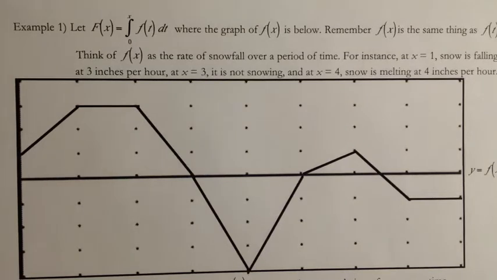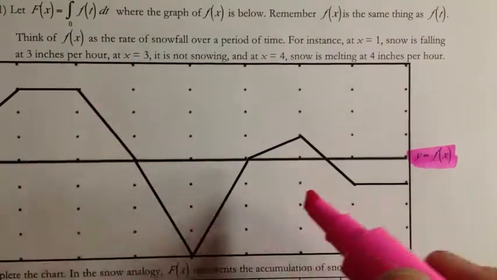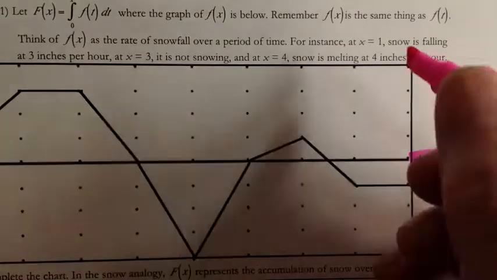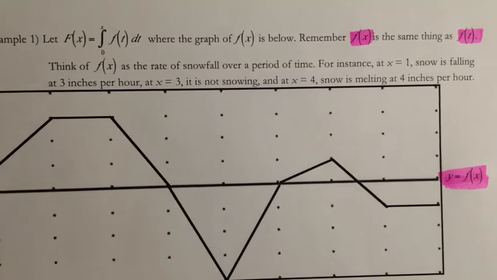So this is great stuff. We've got example 1. We're going to be looking at the graph of f of x. You can see y equals f of x. This is the graph. Now f of x, remember, is the same thing as f of t, so when we replace x with t, it really means the same exact thing. It's just that we use a different variable so that we don't get confused when we're dealing with an integral